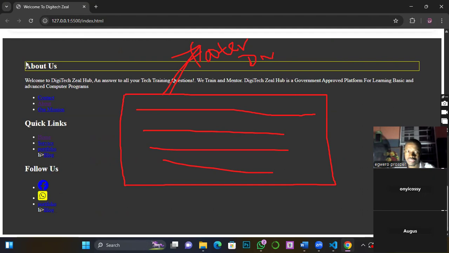And remember that this down to this is a section that is inside the footer container that we are styling. Quick links, and this is another section that is also inside the footer container. Follow us is another section. Now, what we want to do is place them like this. They are all displaying